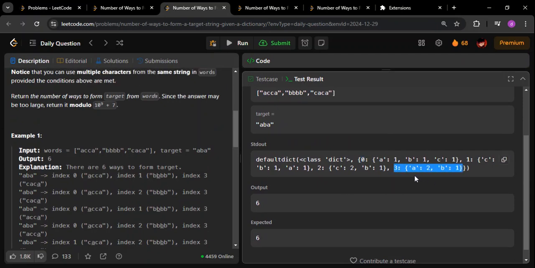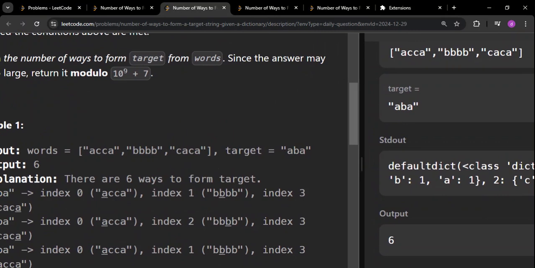What this tells is that in the index 3 there will be two A's in that position and one B in that position. Let me show you how. If you go to index 3, remember the index 3 means the last index in this. Let me zoom in. See, what I've highlighted now is the index 3, this one, and this one. Now, if you count them, you will see that in the index 3, among all the words, there are two